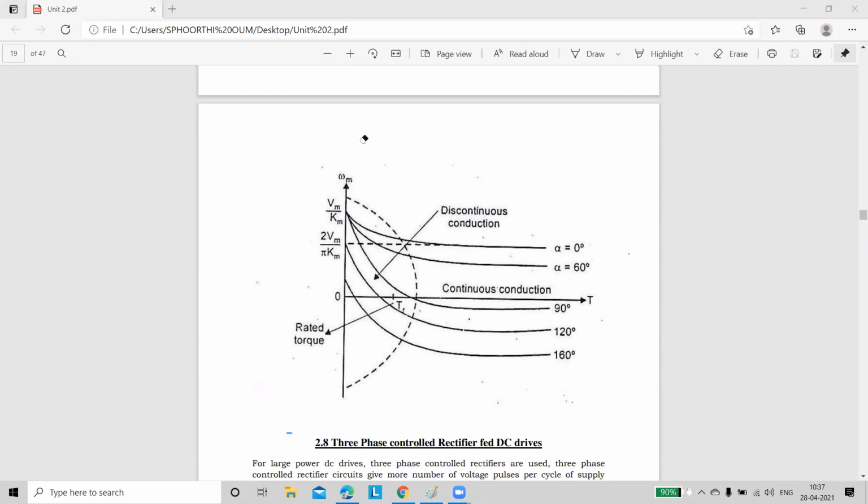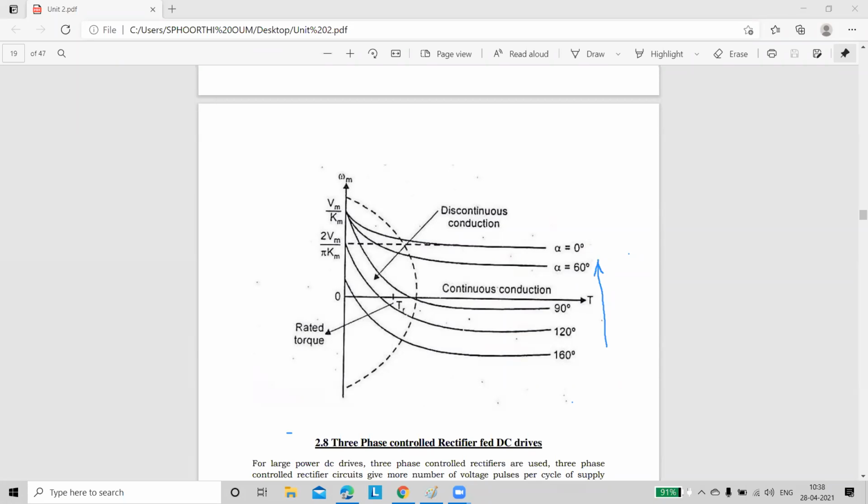Actually, listen. Here, an arrow must be raised. That is, you have to indicate just like this. Up arrow. Now it is correct. A small mistake was there. That's why I had not drawn this here. Whenever you are increasing the firing angle, what happens? Your output voltage moves from continuous mode to discontinuous mode. Is it right? Now I have explained to you.